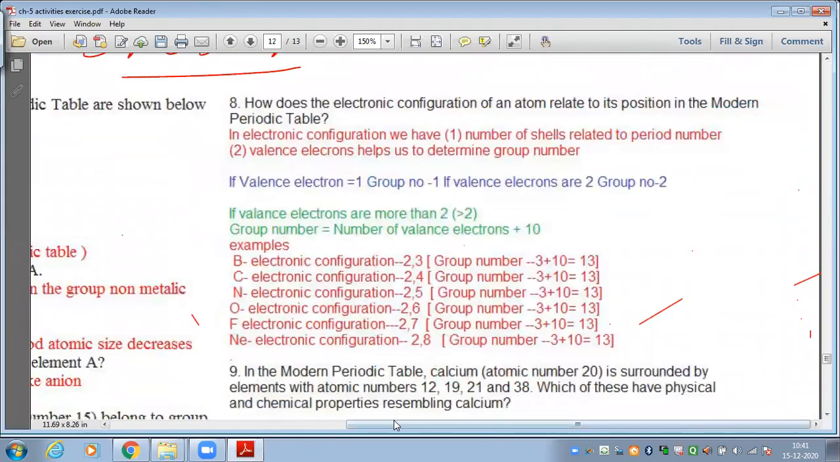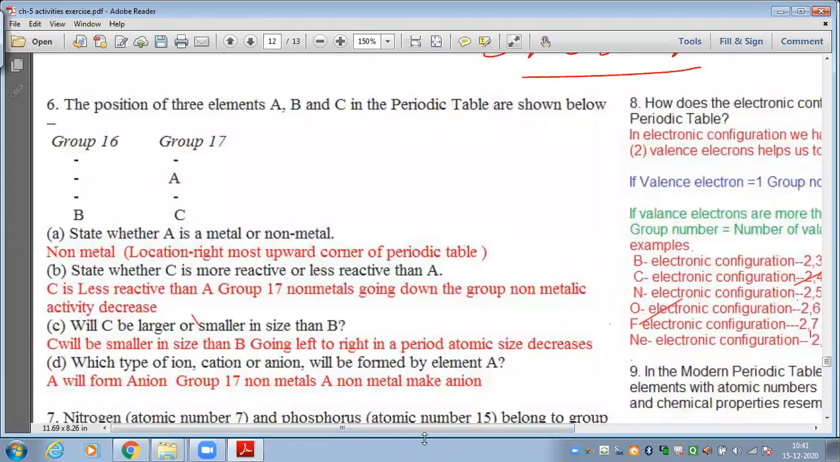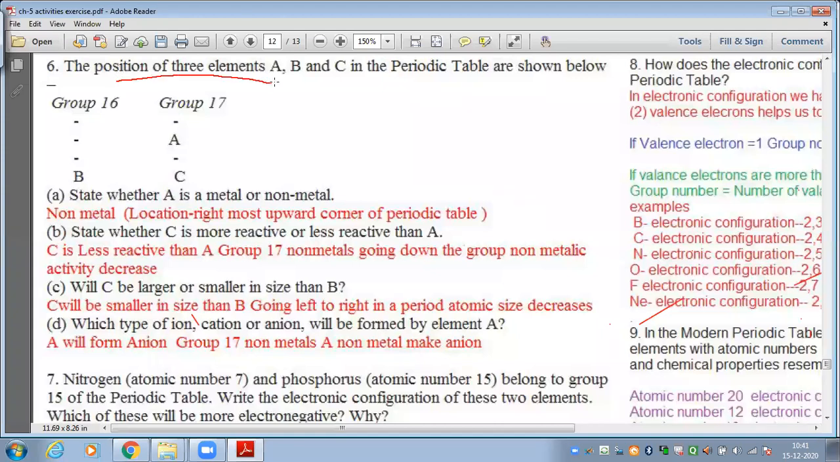Now let's study some of the other questions, my dear students, which may be your exercise questions. Let's have a look at question number 6 from the exercise. The positions of 3 elements A, B, C in the periodic table are shown. Look at group number 16 and group number 17. Group 17 are halogens, which mostly contain non-metals. Group 16 also are mostly non-metals. They are present at the right end of the periodic table, and that is why they are mostly non-metals. State whether A is more metal